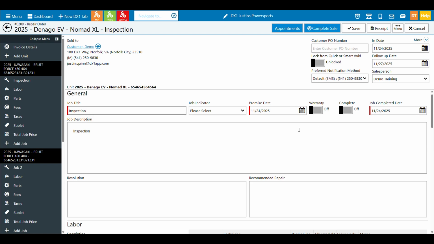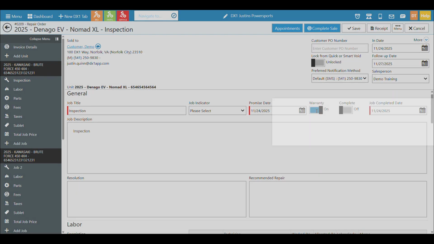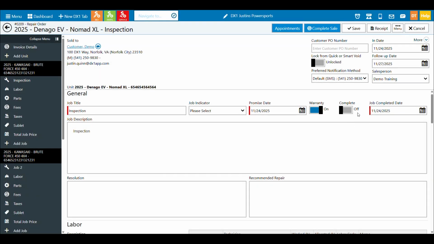Quite simple. Just remember now you have a difference related to your parts. Also, once you convert to a repair order, you're going to see some information here related to setting a job as warranty or setting a job as complete, which we'll cover in some upcoming chapters. But just notice that. And then you'll also see a job completed date that you can set before you complete it. So maybe you completed the job on a different day than when you're wrapping up the RO.